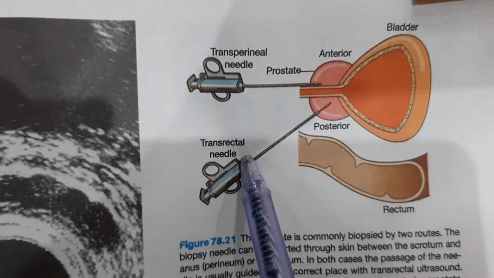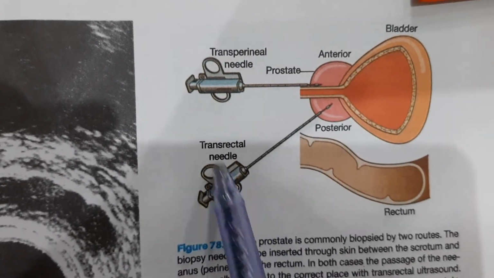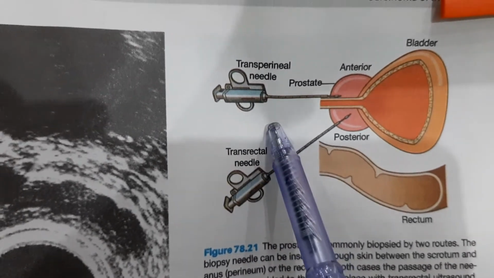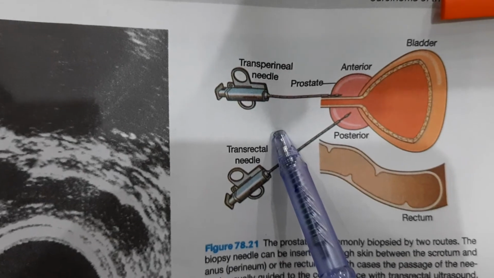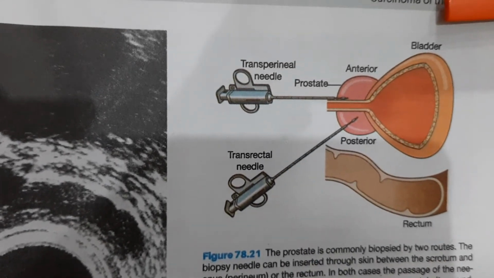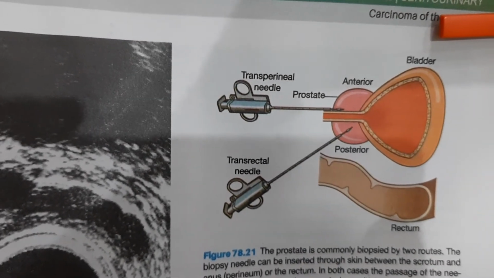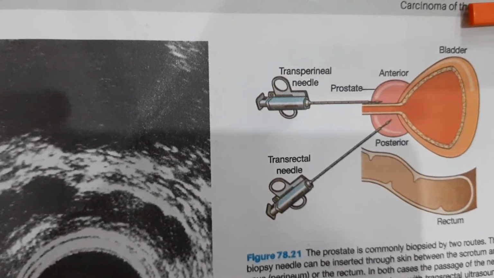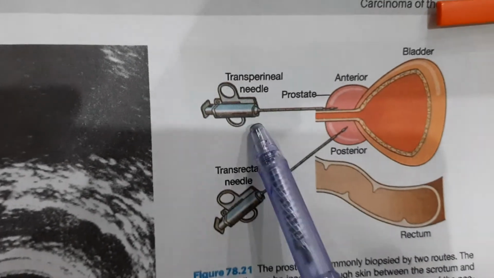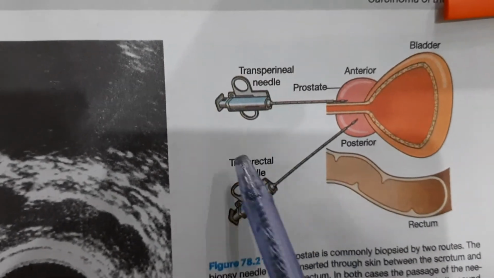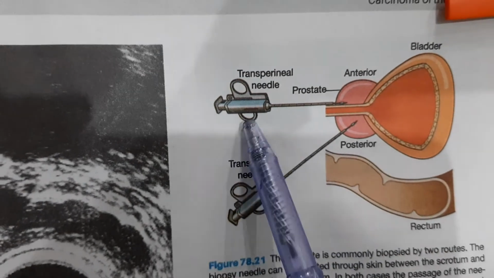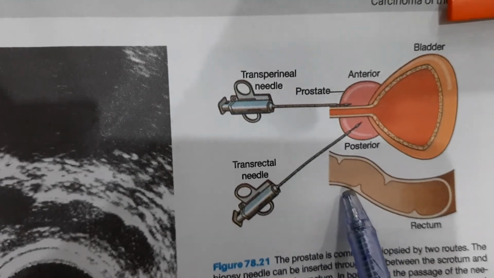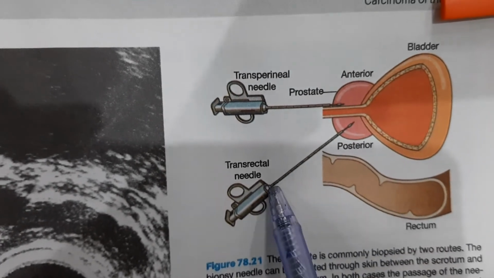Normally, transrectally biopsy is taken, but transperineal method is being used increasingly. Broad spectrum antibiotics cover is given to all patients to reduce the incidence of the sepsis, which is greater with the transrectal than the transperineal biopsy. Transperineal biopsy usually involves sedation or general anesthesia, while transrectal biopsy can be performed under the local anesthesia.